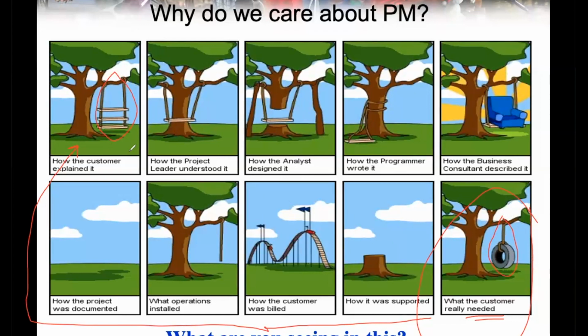So how the customer explained it, how the project leader understood it. Well, they are already explaining it wrong, but even what they explained, we understand it wrong, right? And then we hand it over to analysts. Let's say in this course, I guess most of the people are in programming and stuff. So how the analyst, and then how they explained it to the programmer. Look, now the analyst's understanding is like that, the programmer is doing this, the swing,